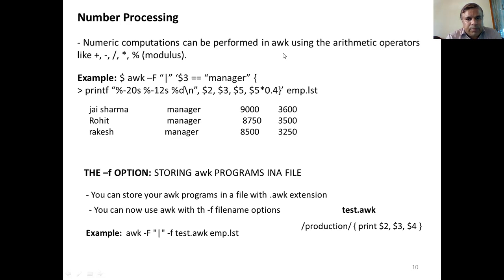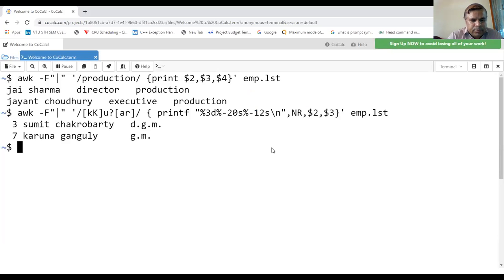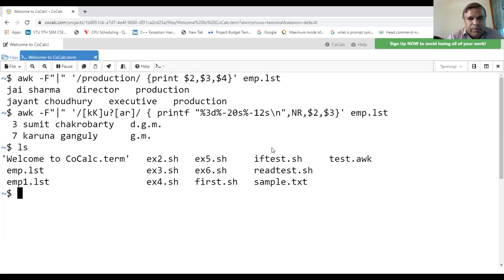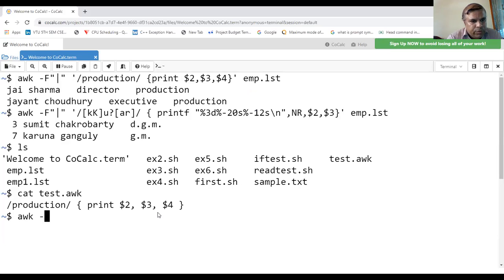Here is an example. I've already created a file. This is the program test.awk. This is the line. The selection criteria and the action component form the AWK program. Then execute it: awk -F, the field separator is vertical bar.